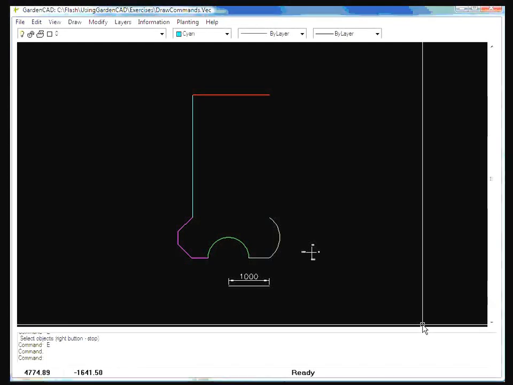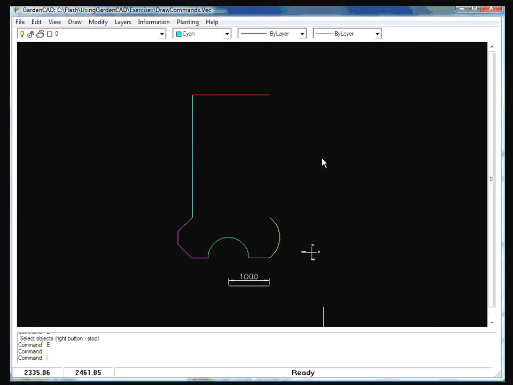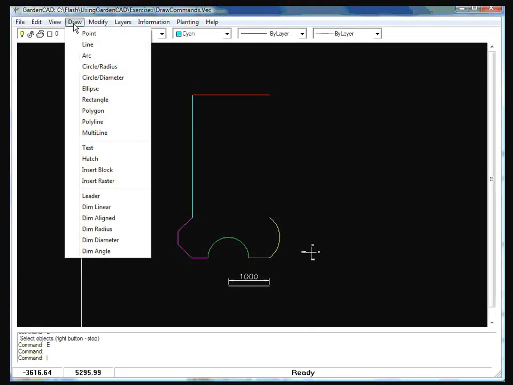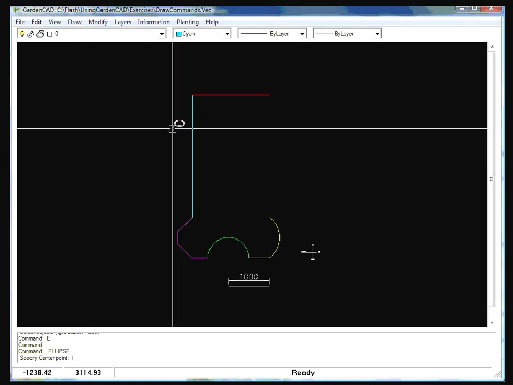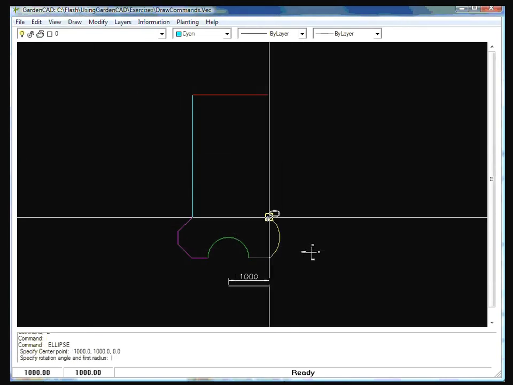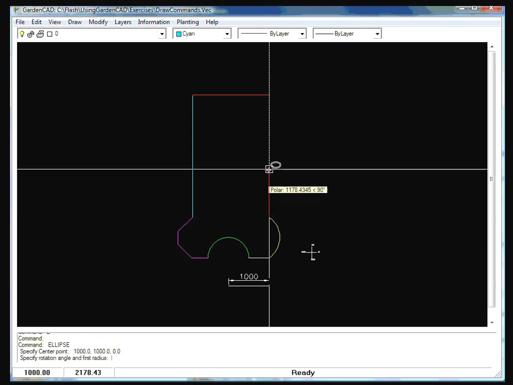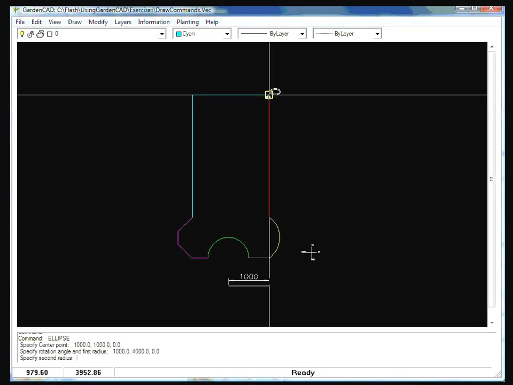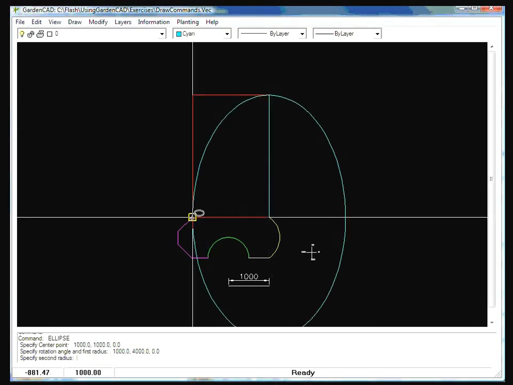The ellipse command is a very powerful design aid. If we come over here to the draw drop down, here's the ellipse command here, and let's work through it. It first asks us for a center point, so we'll pick the end of that particular arc. It wants the rotation angle and first radius, so we'll go to there, and then it wants the second radius,